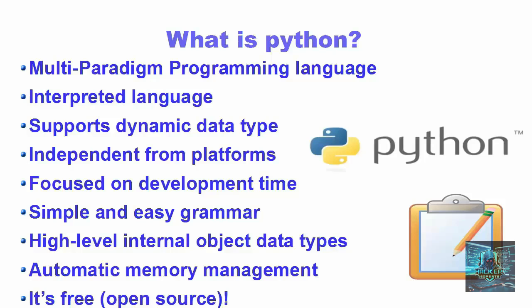Now Python is independent from platforms. That means it's a cross-platform programming language. That means you can run your Python code on Windows, Linux, Mac, or on any other Unix operating system. Now Python focuses on faster development time. So Python code has a very natural style to it, which makes it easy to read and understand thanks to the lack of semicolons and braces. So we don't use semicolons or braces in Python. That means faster development time, especially when you are doing some prototyping work.